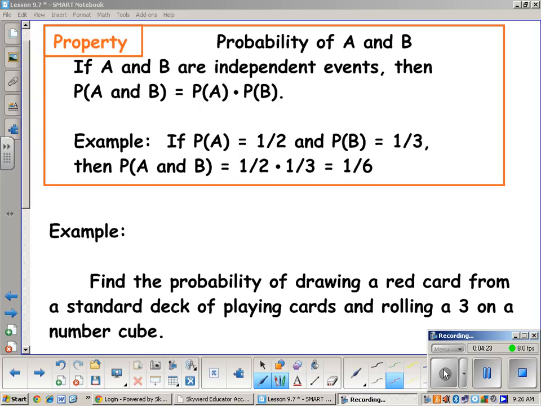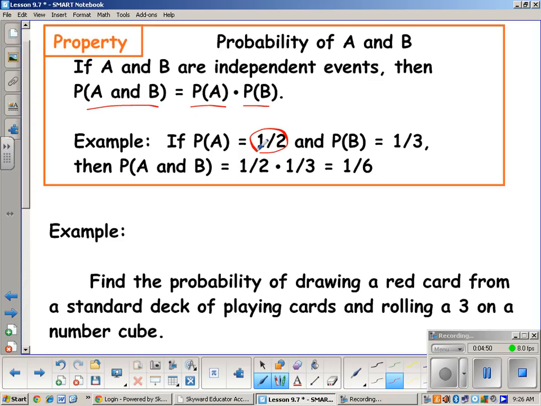The probability of A and B. In this situation, we're talking about A and B being independent events, so one has no effect on the other. Okay? And so the probability of A and B occurring is the probability of A times the probability of B. That's the rule. Okay? An example is if we know the probability of A is 1/2,